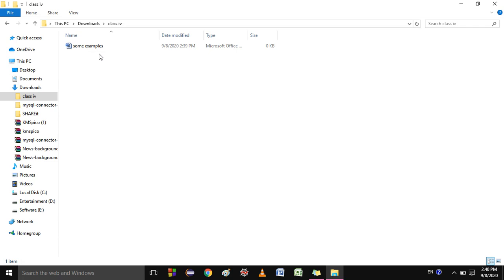Next is renaming a file or folder. How can you rename a file or folder? You can change the name of an existing file or folder according to its content. Giving a descriptive name to the file or folder makes it easier to find later. To rename a file or folder, the first step is, in the content pane, click the file or folder you want to rename. Suppose I want to rename these files.